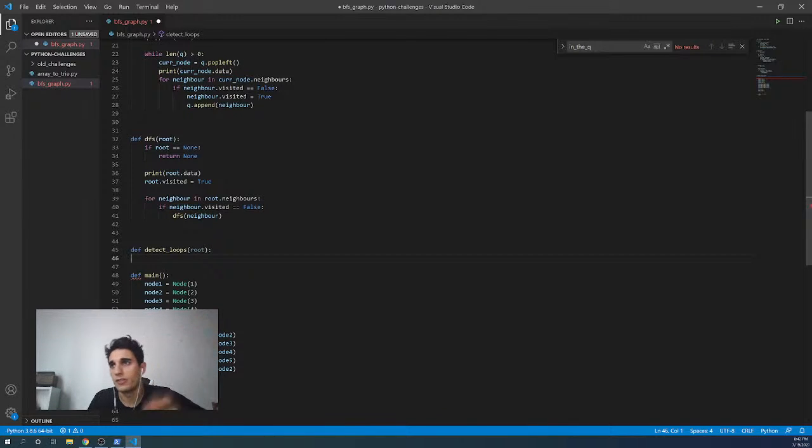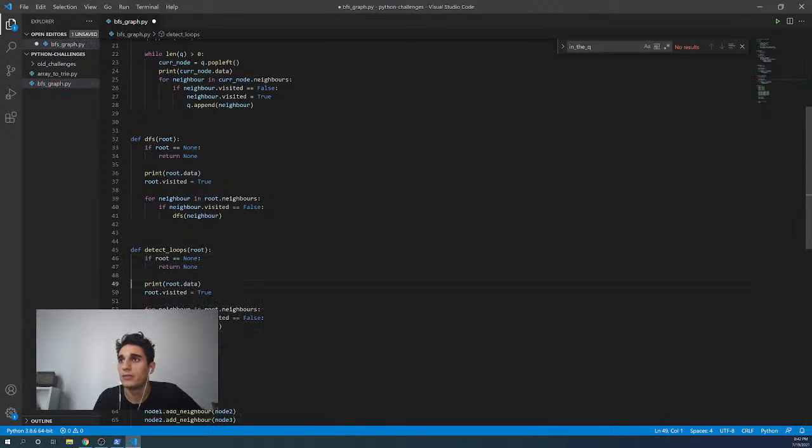Let's do it dirty for now, and later we'll see if we can improve it. Okay. So the idea is that we could use DFS, so we are gonna copy paste the DFS, but detect loops instead. It will have the root node, but it will have also the